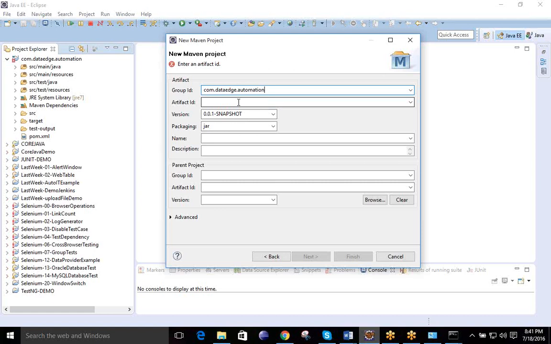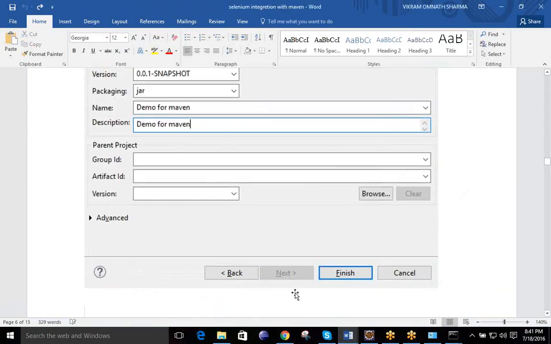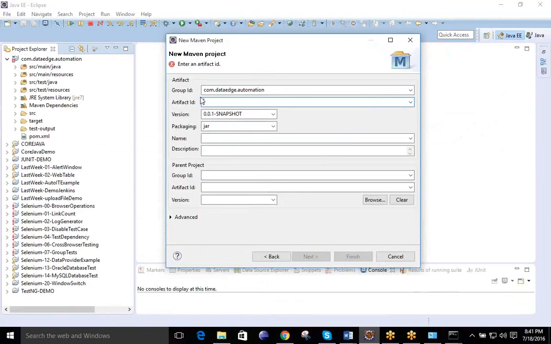Now it will ask for the artifact ID. What is this one? This will be simply your class name. So the group ID will be your package name, and the artifact ID you can understand is a class name. Every piece of information you can see over here is present. So the group ID is a package, and here the class name you have to give like this. Why? Because it is not a normal Java project, so the class name should also be like the package name itself.